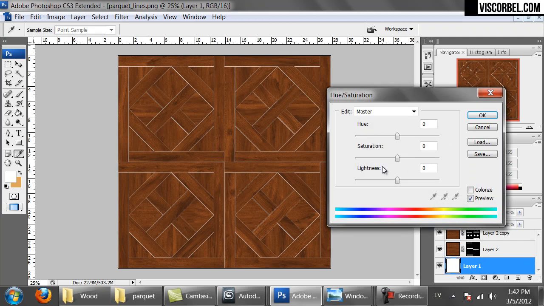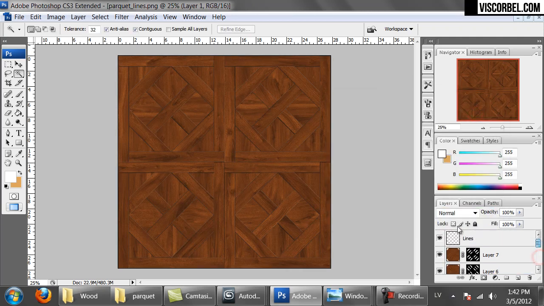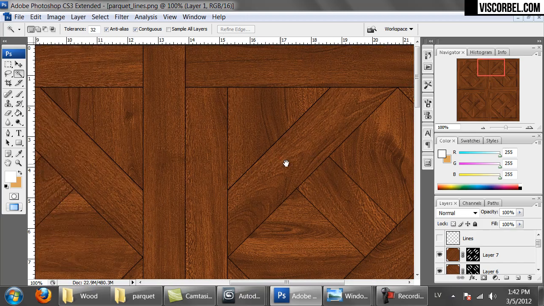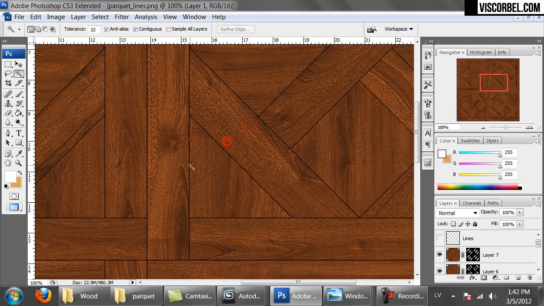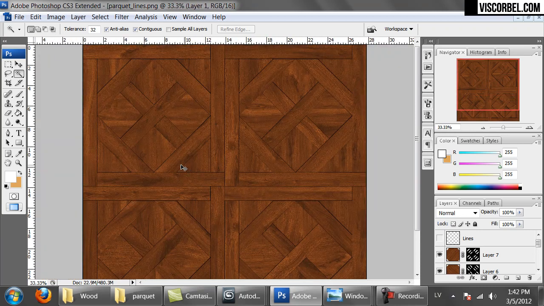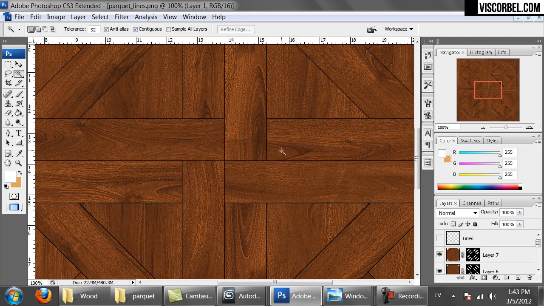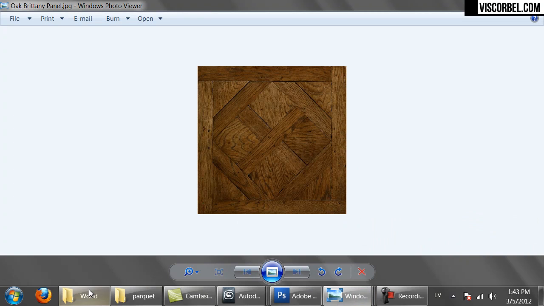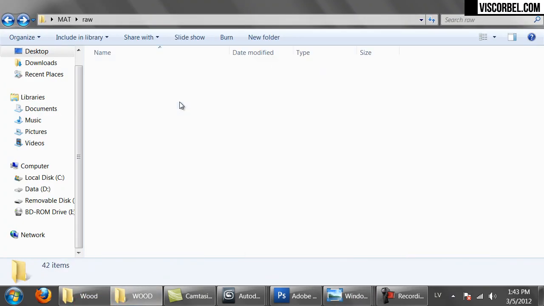Let's change the background layer to black. Hide our line drawing and zoom in. So we have nice seams. We have all the wood grain going in the right direction. One more thing we need to do is when you look at the Parquet, you will notice that